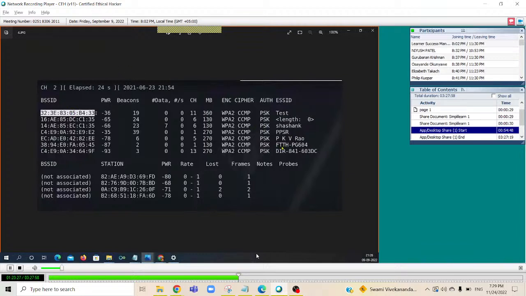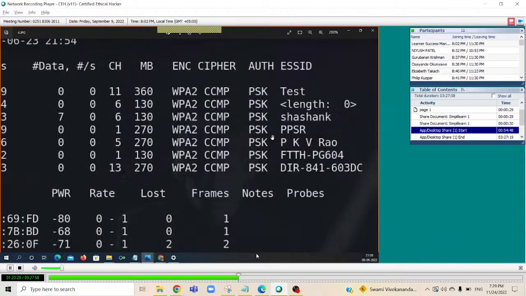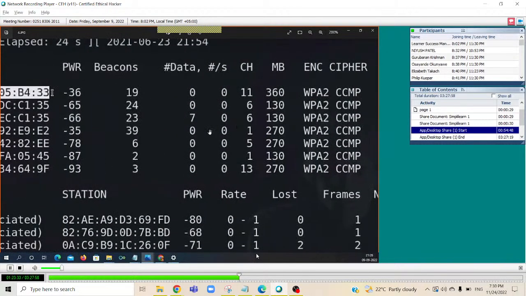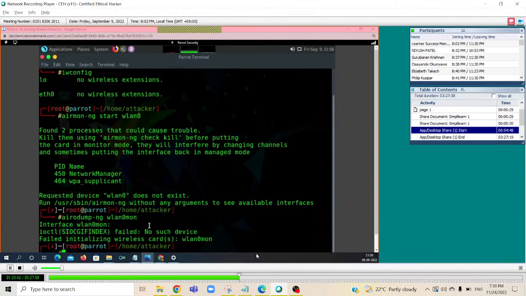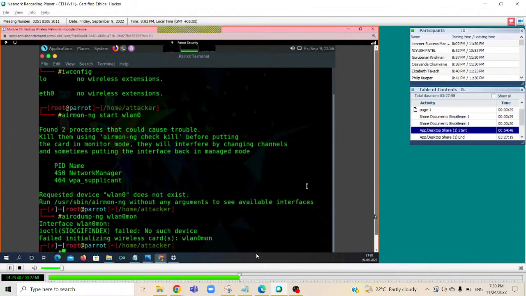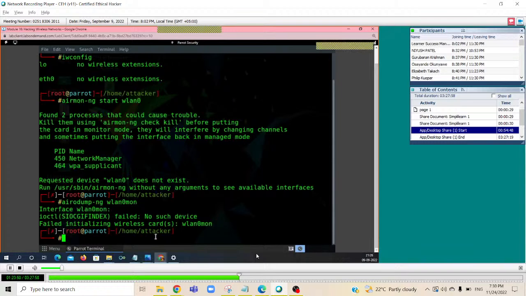PPR. Okay, so let's take PPR. In order to attack PPR, we need to take the MAC address. The command we need to build here is